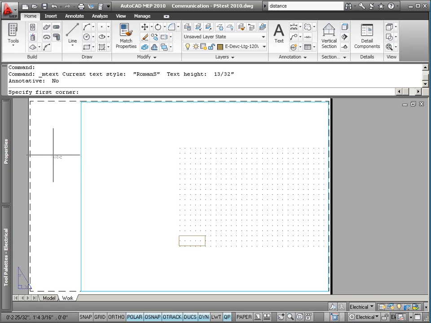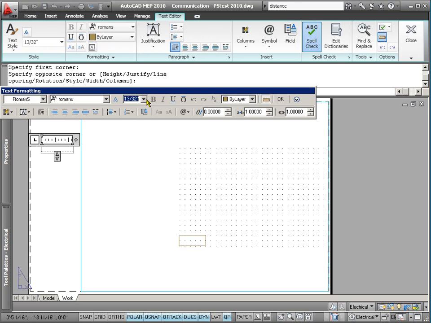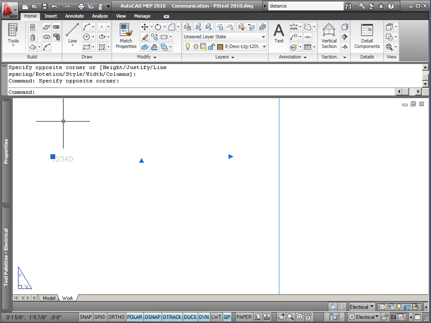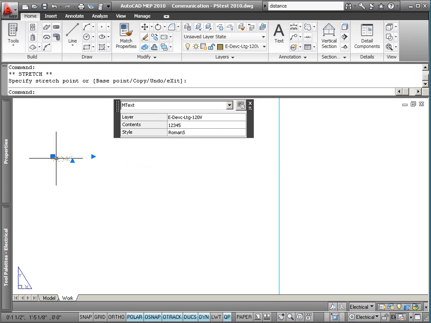So let's draw some text here in paper space. Okay, that says 13/32. I don't know why. Let's just make it 3/32. Alright, so I'm just going to type in 1, 2, 3, 4, 5. Say OK. So I'm going to move this a little closer to my viewport,